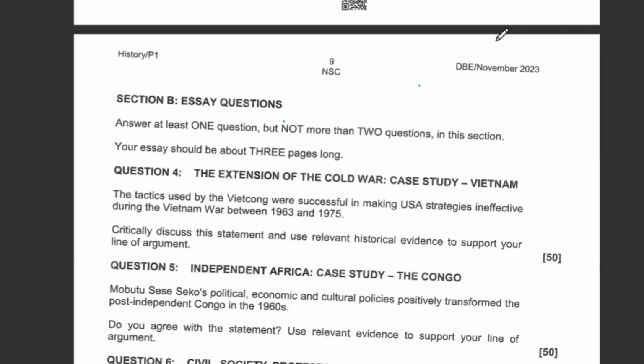The fact that they were not wearing uniform means that they would easily attack the enemy unknown, because the US troops could not identify who the guerrillas were. Because remember, during the war, there were also civilians going around with their ordinary business. So you would never know who is your enemy and who is an innocent person amongst the people who are around you. So that was to the advantage of the Vietcong.